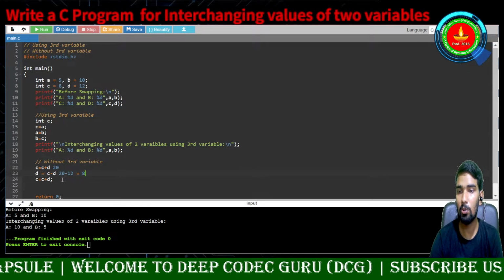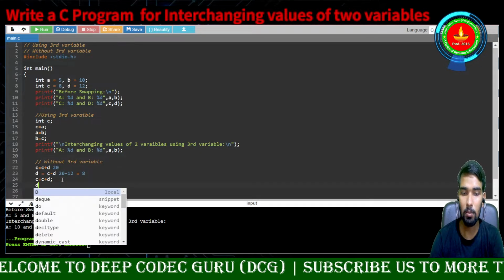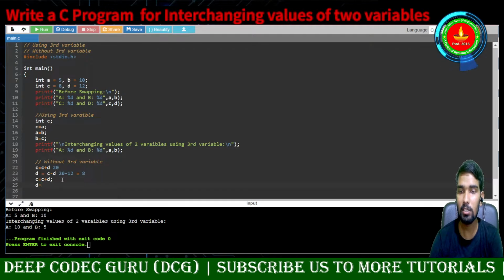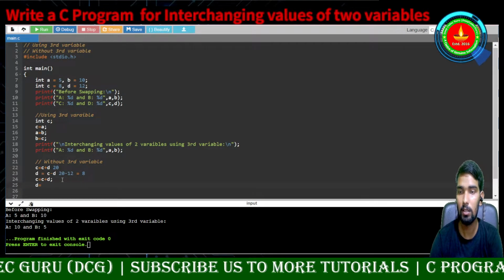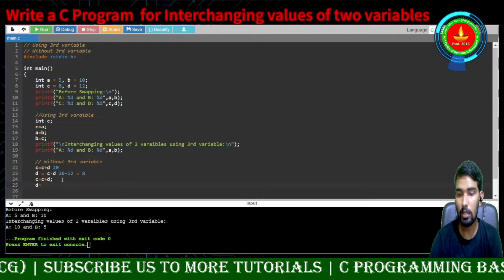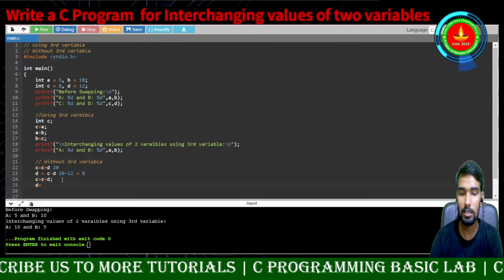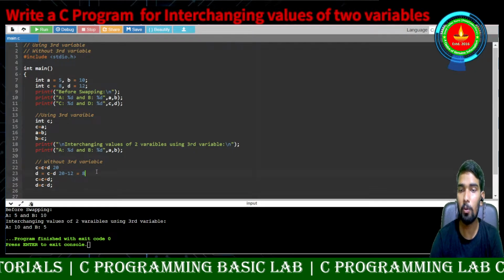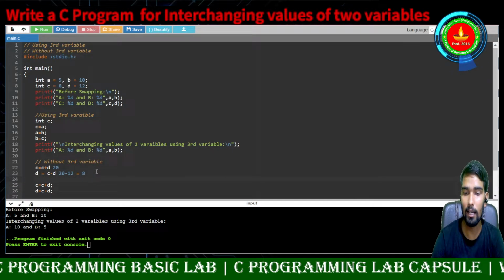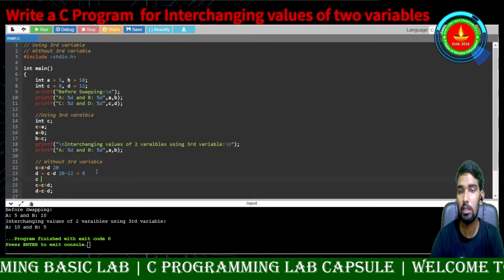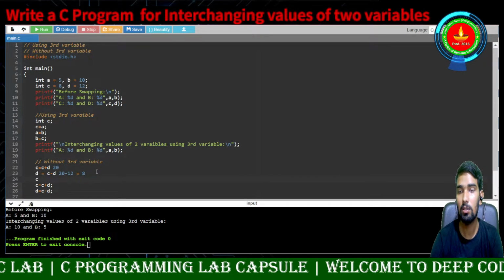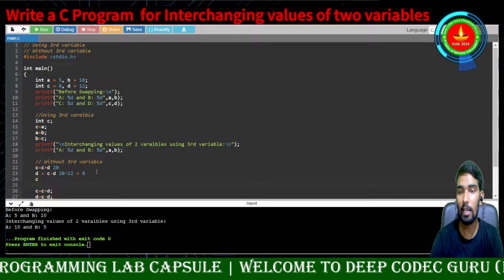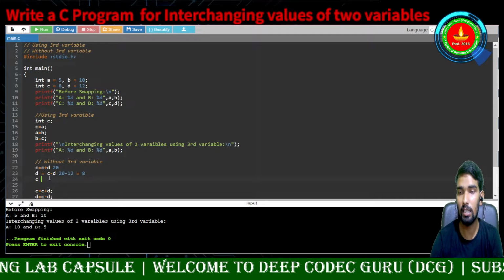So D equals C minus D. And now if we need the C value, then we can make C equal to C minus D.